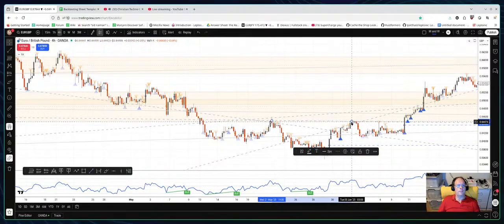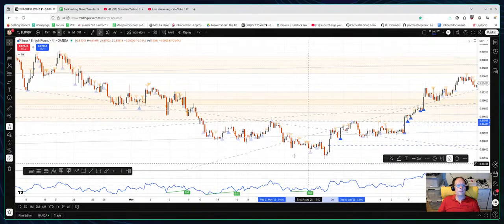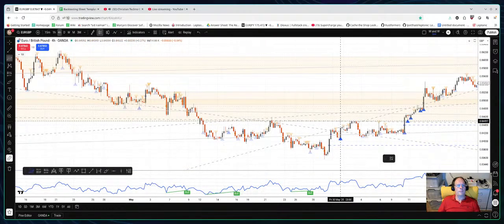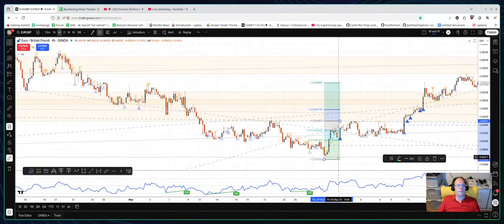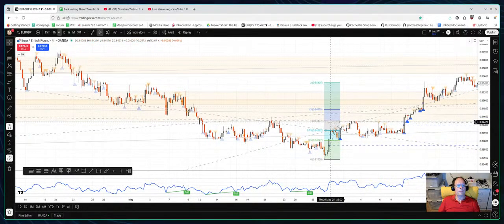So the idea is, let me just lock that in place, that from the bottom of the head you can get a trade from the neckline up to the shoulder. And here they've got bullish RSI divergence, which also helps. So you can do the reverse, so you go from the top of the head to the neckline, and then it goes up to the top, and that's how much money you can make on a trade. But this is in the past, but I'm just marking the neckline